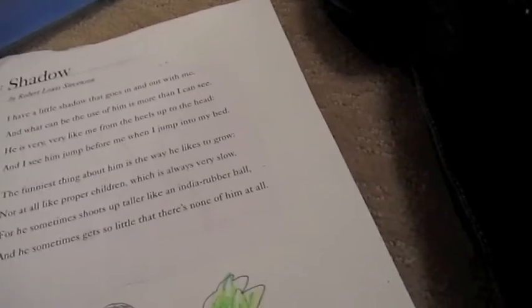And then there's the planets. I was trying to show the shadow behind the tree and the person and stuff. I think it's pretty cool. And then there was